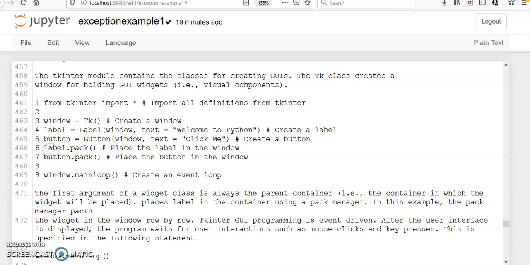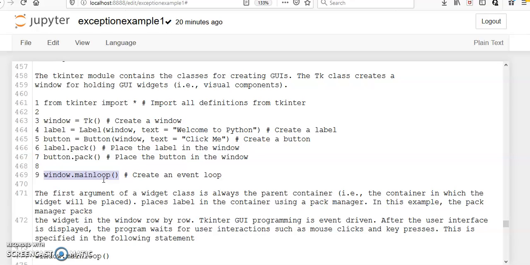Next we are packing the label and button into the window using the pack method. label.pack packs the label in the window. Similarly button.pack packs the button in the window. Now this is a very important statement which should be included in all tkinter programs: window.mainloop. This creates an event loop.